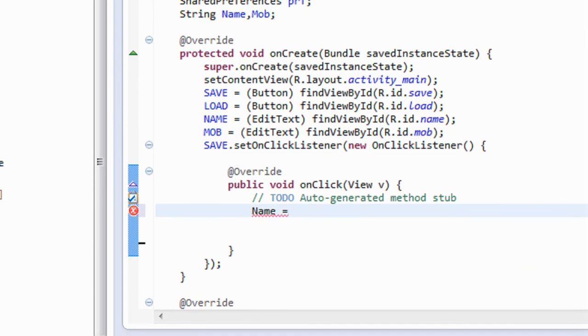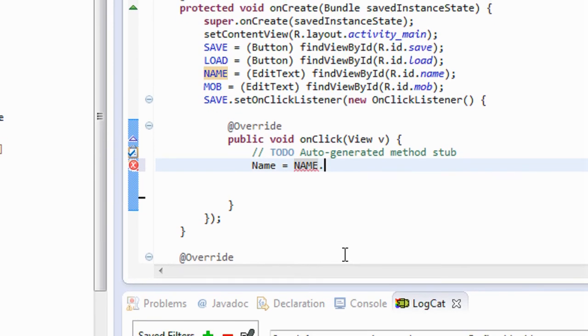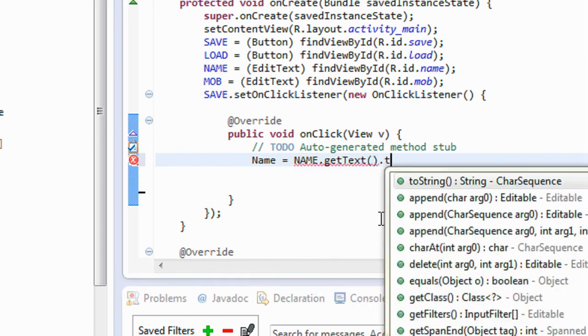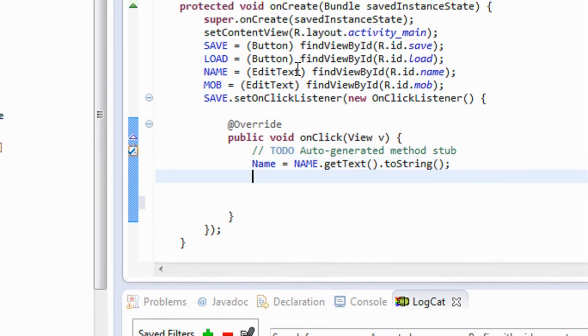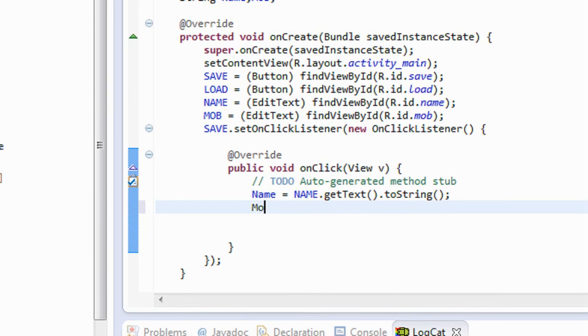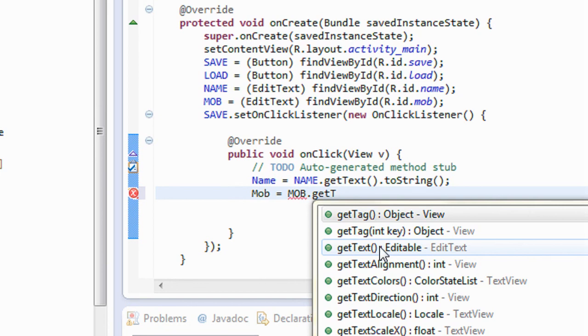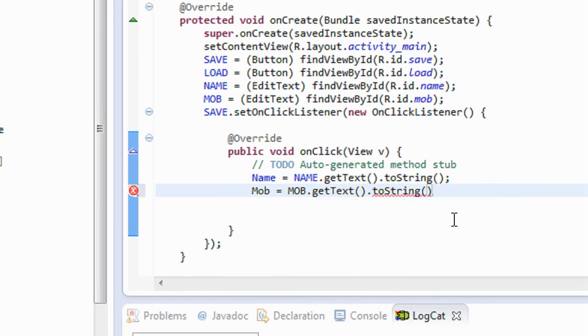Name is equal to name dot get text, converted into string. Also same as I have to get the value of mobile. So mobile is equal to, where the object is mob dot get text, converted into string.